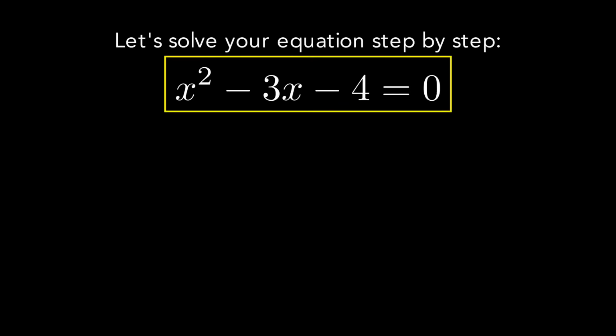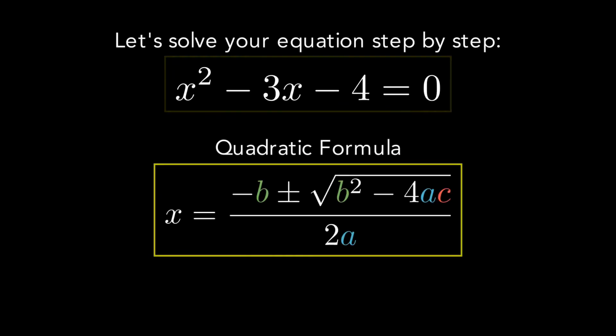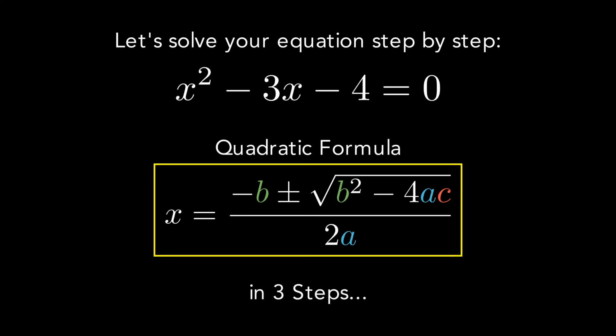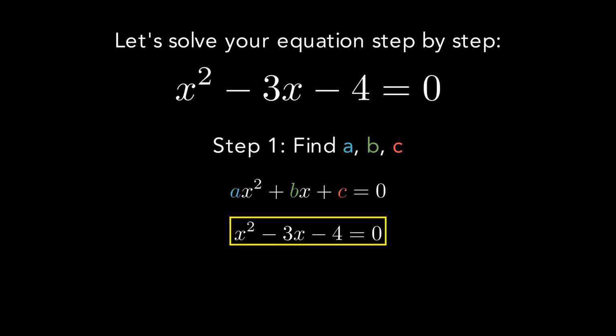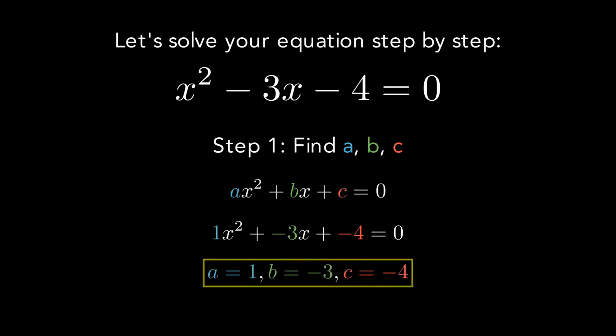Let's solve x² - 3x - 4 = 0 with the quadratic formula. There are 3 steps. Let's first find the numbers a, b, and c. We can rewrite our equation as 1x² + (-3)x + (-4) = 0. And then we see that a is equal to 1, b is equal to -3, and c is equal